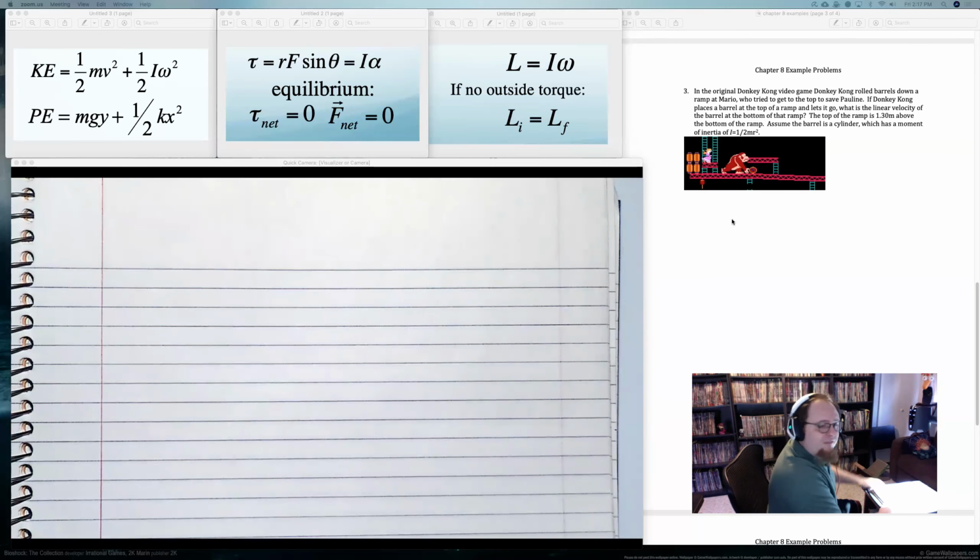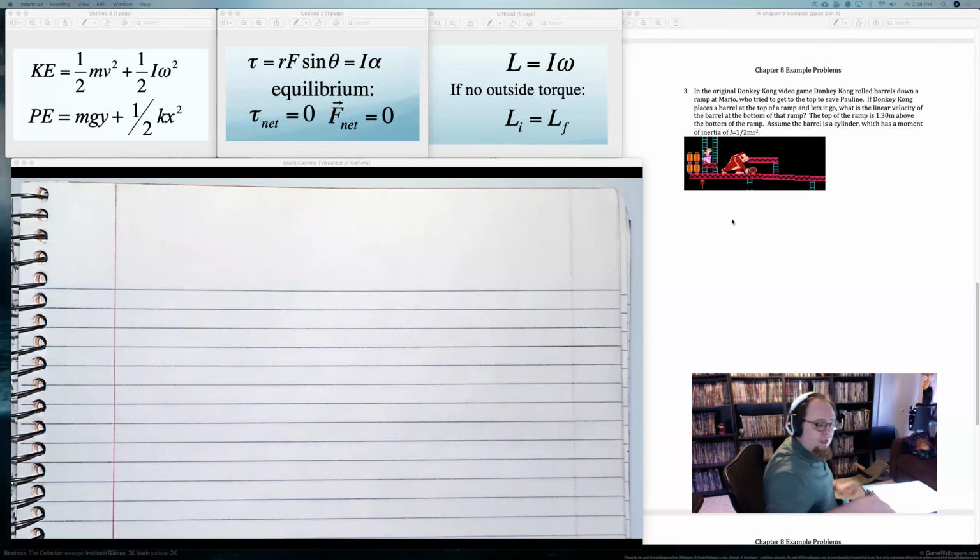It's just now we have rotational energy. And what this problem says is, in the very early original Donkey Kong game, it's the first game with Mario in it before Super Mario Brothers, although he was called Jumpman. Donkey Kong rolls barrels down a ramp at Mario, who tries to jump over them to save Pauline. If Donkey Kong places a barrel at the top of a ramp and lets go, what that means, if he's placing a barrel, that means right here at the top,